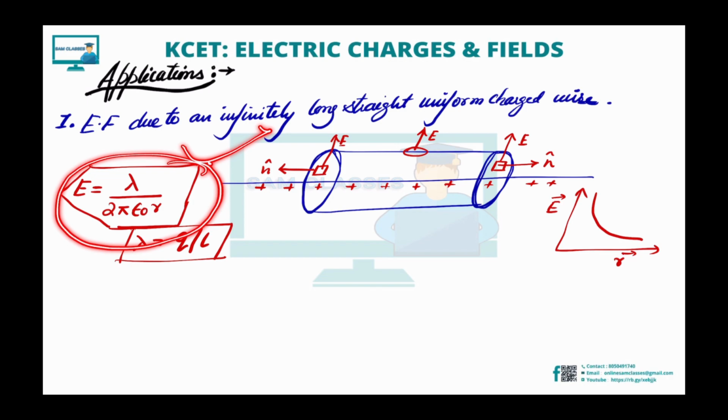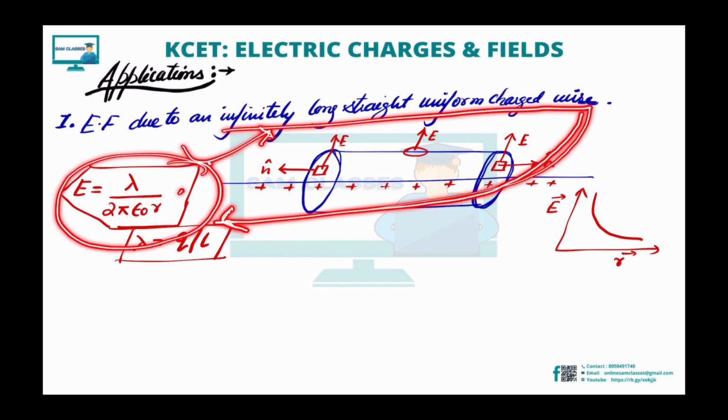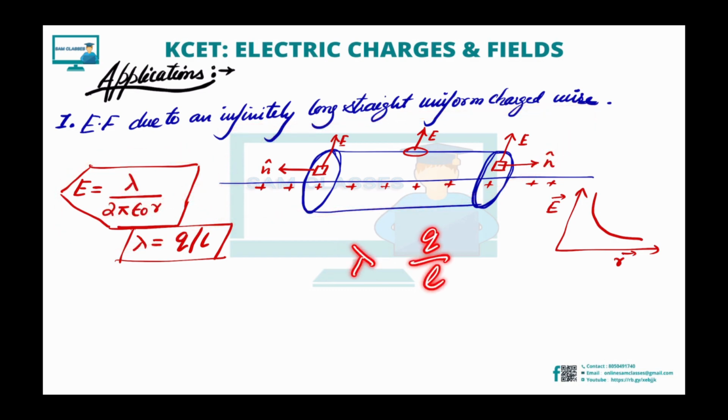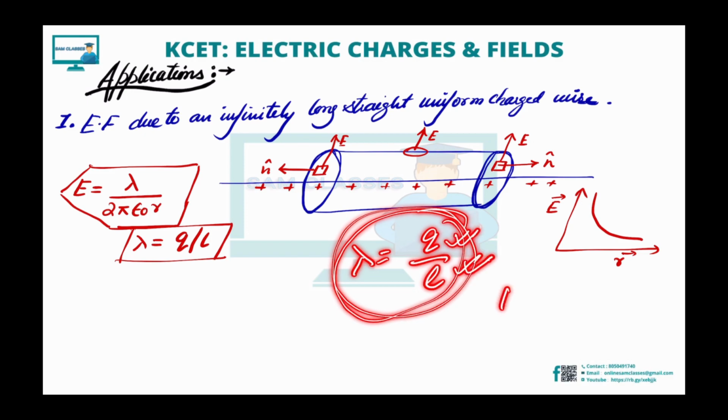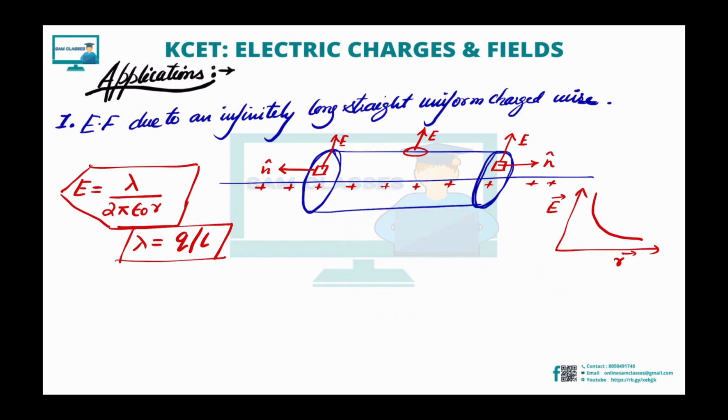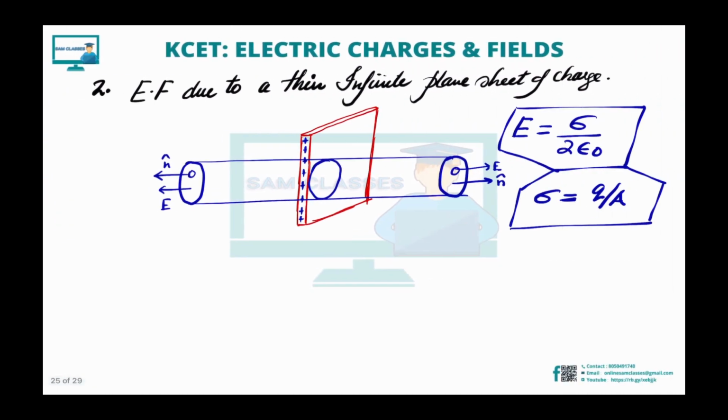Now, applications of Gauss law. Here you just need to know the formula. If you want to find the electric field due to an infinitely long straight wire, the derivations are there for the PU. For KCET, we are not doing the derivations. Directly, the formula is electric field is lambda by 2 pi epsilon naught r. A lot of students will ask, sir, what is this lambda? Lambda is nothing but charge by length. Lambda is known as linear charge density, that is how much charge is there per unit length. Like in 1 meter of length, how much is the charge? So per unit length, how much charge there is, that is given by lambda.